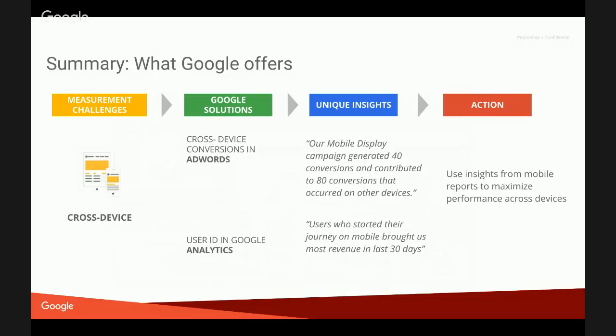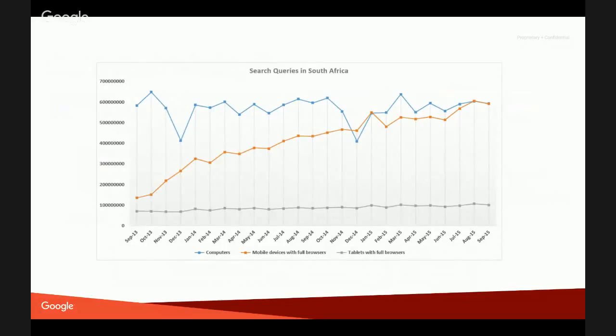So the idea is definitely to implement and use at least one of these, I would say. On this slide, you can basically see a graph where we display the search queries in South Africa to give you a little bit more of a perspective. The first line, the blue line, is the traffic coming from desktop, so from the computers, the second orange line is the traffic coming from mobile devices with full browsers, and the bottom one is the tablets. So basically, what we wanted to show you is the increase of mobile searches and traffic coming from mobile,